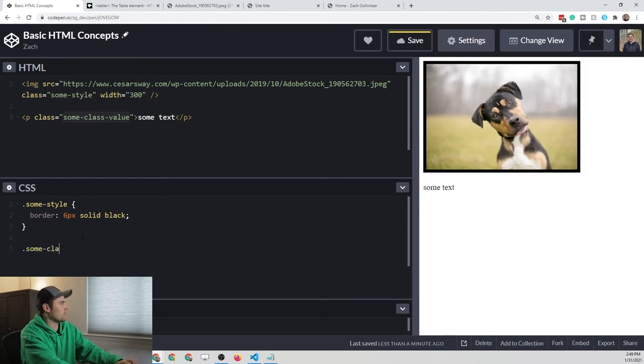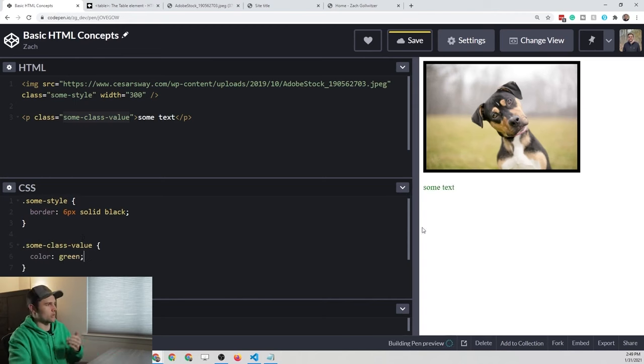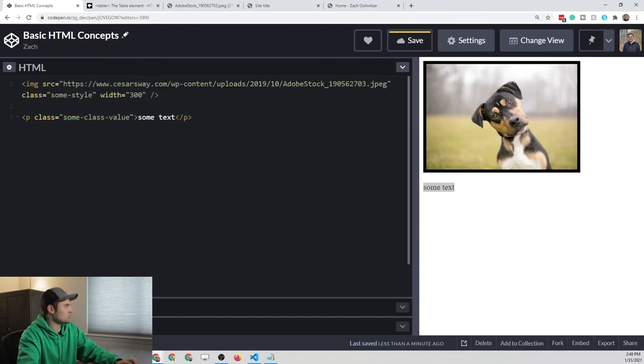Or we can come down and select the other one, some class value, and give this text a different color. Maybe we'll call it green. And now we can see that the text is green. But this is not a CSS tutorial. I just wanted to show you that that is a global attribute that we can use to connect up our